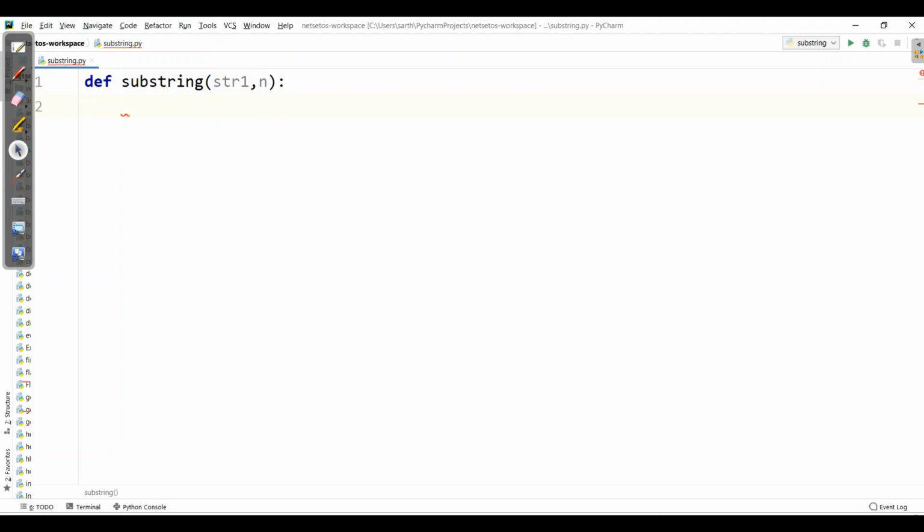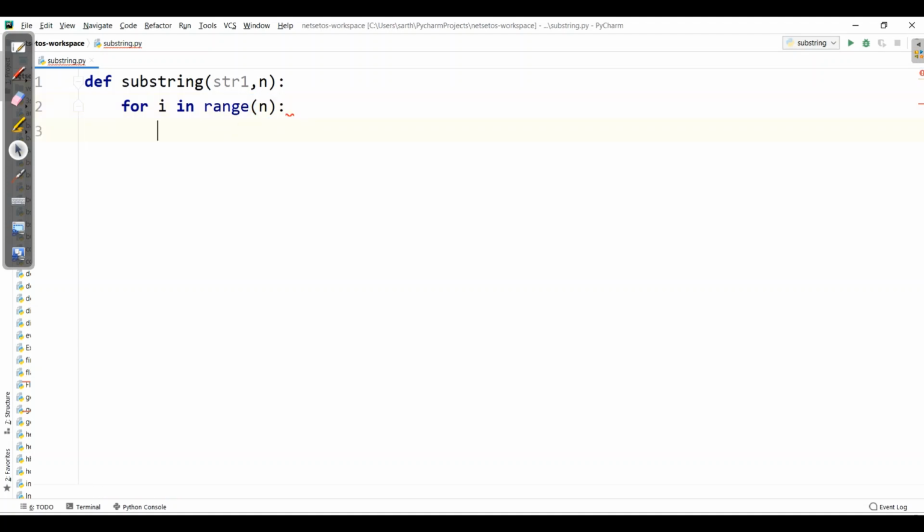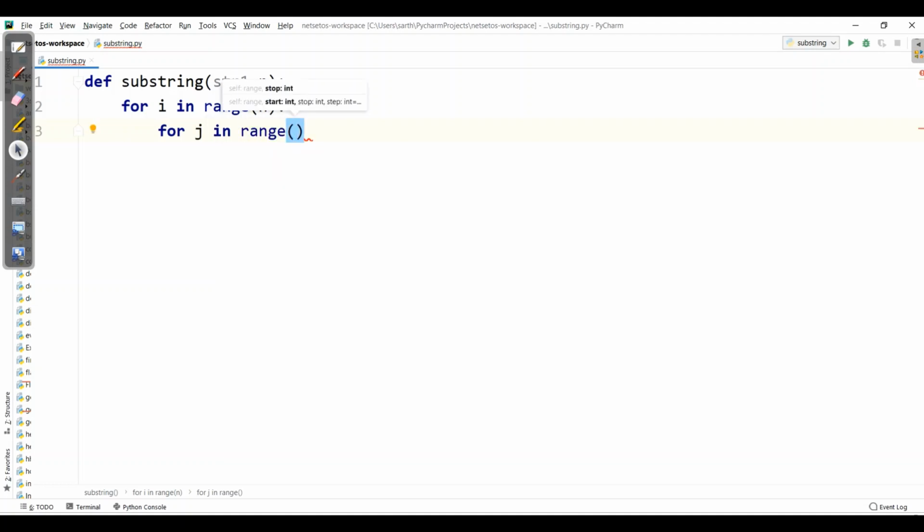So first we will take the outer loop for i in range, which will travel from 0 to n, the length of the string, whereas the inner loop j will traverse from i plus 1 to n plus 1.